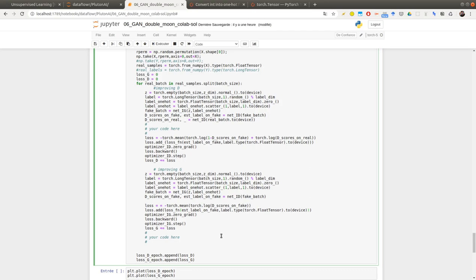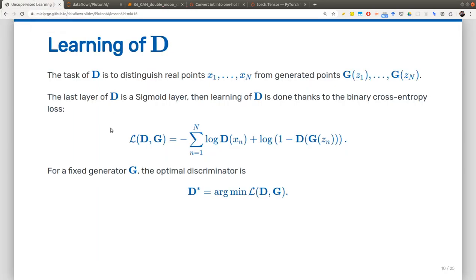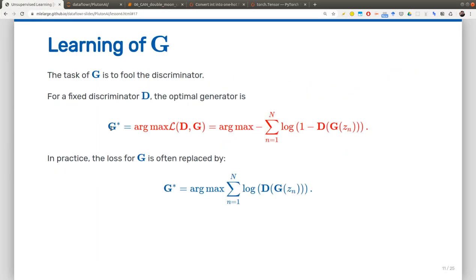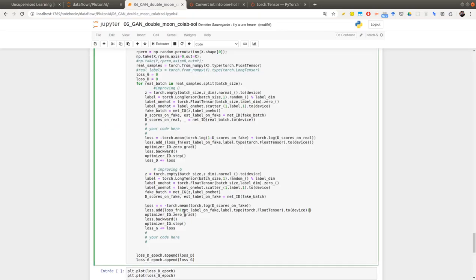So then there is a question whether you put a minus here. So remember that in the learning of the generator, you are trying to maximize the loss of the discriminator. So you might think that it's a good thing to put a minus here, because this will be exactly minus the loss of the discriminator.